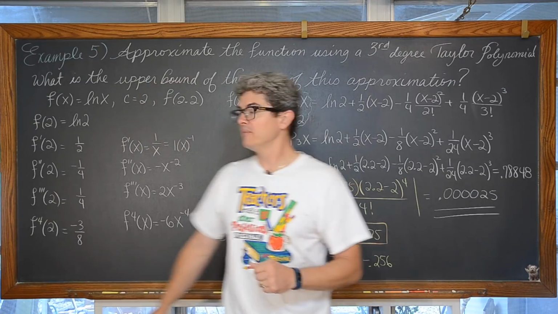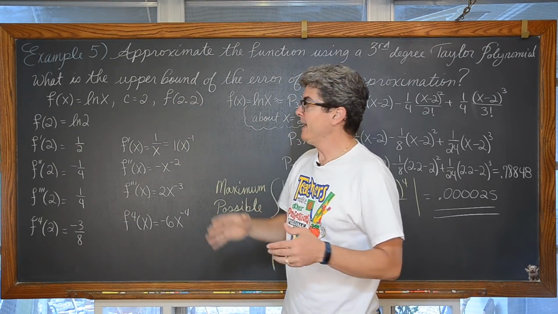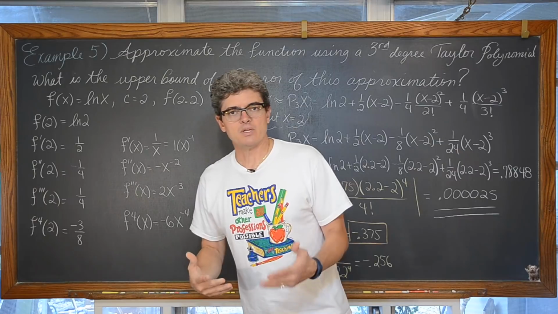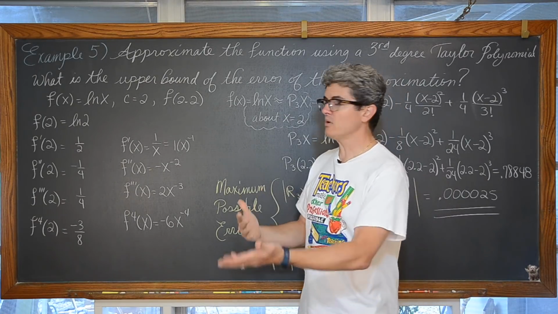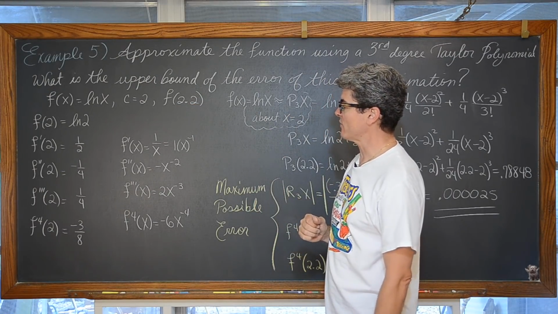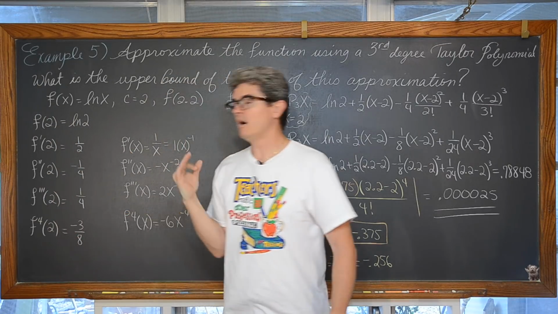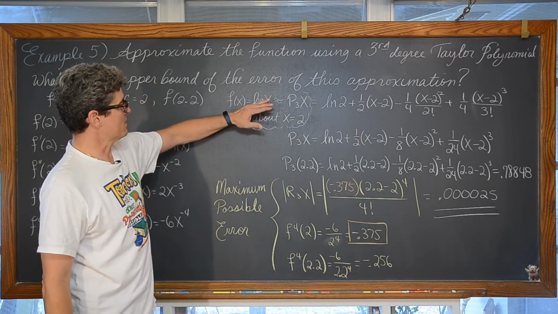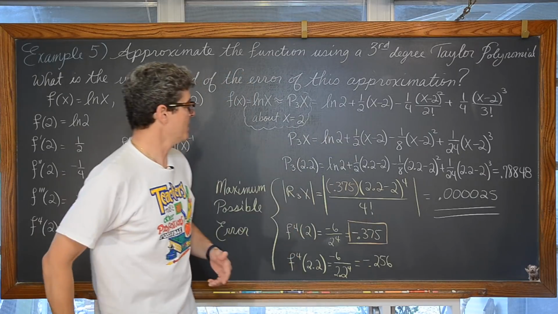We centered around 2 because 2 was close to 2.2, and thinking about the idea that this is an estimation, we know what the natural log of 1 is, but the natural log of 2, the natural log of 3, there are some standard values maybe that we have in a table, and we're going to use those to build off and estimate that function somewhere else. That's where that center of 2 came from. After finding that first, second, third, and fourth derivative, we found the function's value and those derivatives around that center of 2, plugged it into the formula, did a little bit of cleaning up, and we got an estimation that the natural log of 2.2, based on what we know it is equal to at 2, the natural log of 2, we got that approximation of